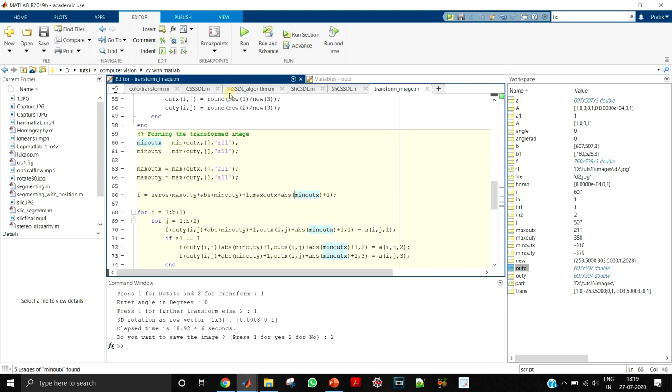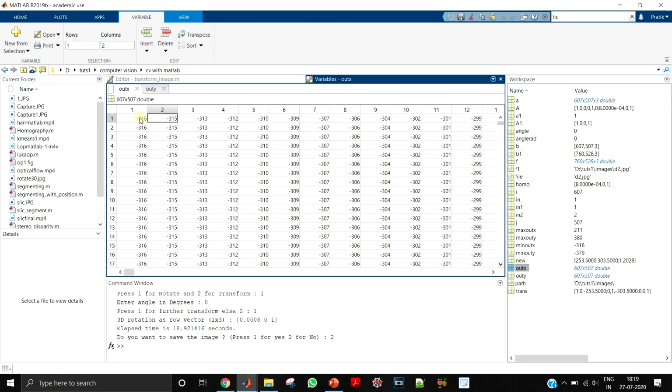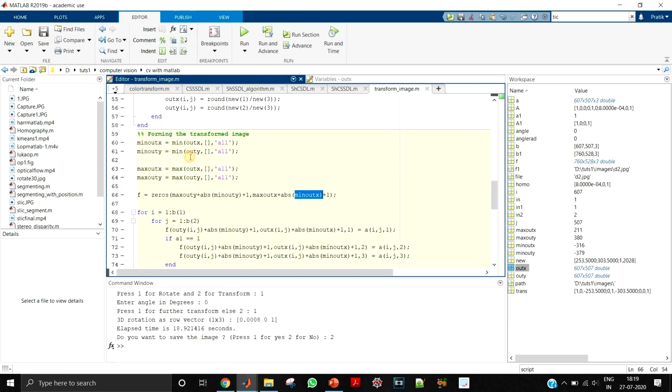So first, it is very important to make all these negative quantities positive. For that, you will have to add the minimum value. So say over here the minimum is minus 316, or else let us debug this step by step so that we understand.